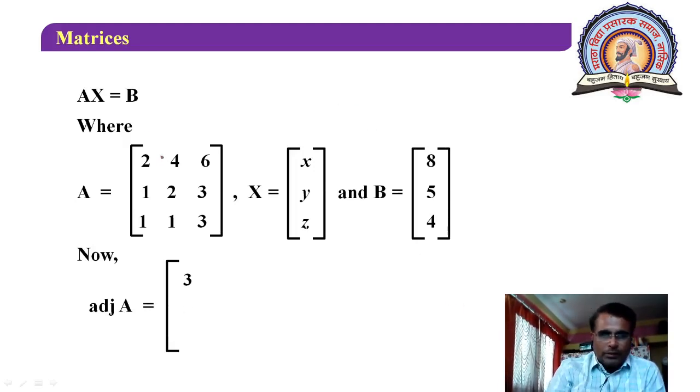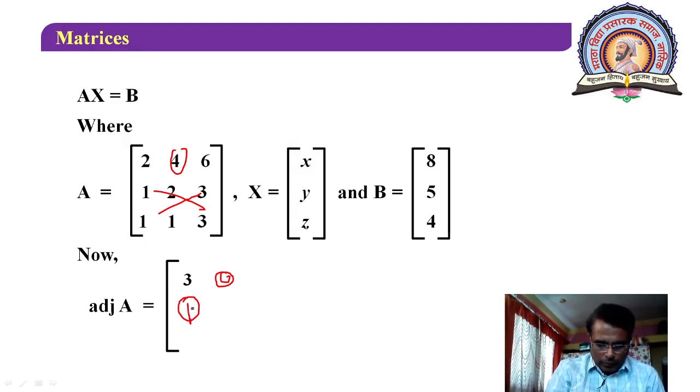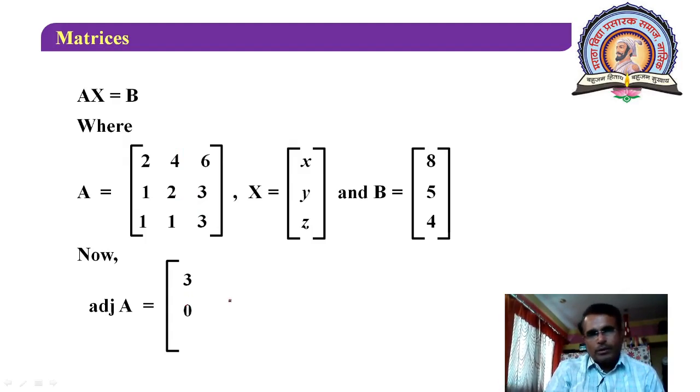You consider here the first element, and its minor is this product minus this product. So 6 minus 3, it is 3, and that is coming with positive sign, it is written here. Then for the second element, the minor is product of these elements minus product of these elements, but 3 minus 3, it is 0, and that is coming with negative sign. And instead of writing that here, if you write that here at this 2, 1 position, then that directly gives you the transpose, which is the adjoint, and therefore the next element is 0 here.